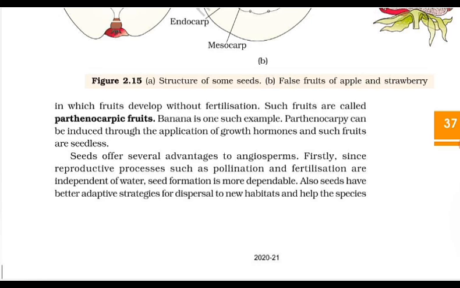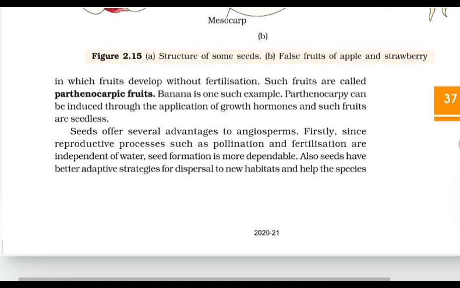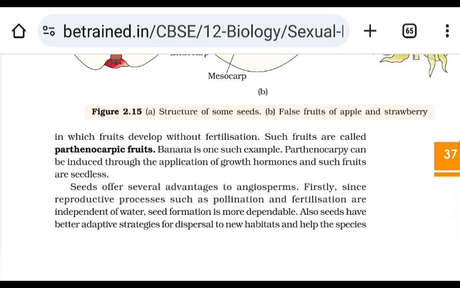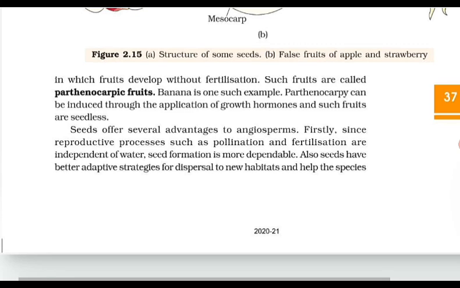Mature seed may be non-albuminous or albuminous. Non-albuminous seeds have no residual endosperm, and this is completely consumed during embryo development. Non-albuminous seeds में no residual endosperm होता है, it is completely consumed during embryo development. जिसका example है pea and groundnut. Pea और groundnut हैं example non-albuminous seeds का, ठीक है? क्लियर? Pea and groundnut are the examples of non-albuminous seeds.